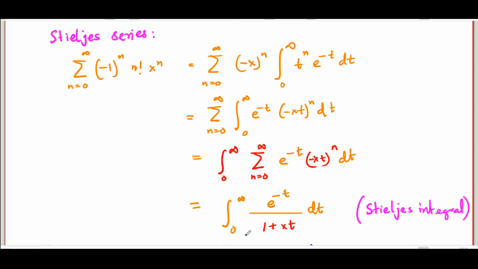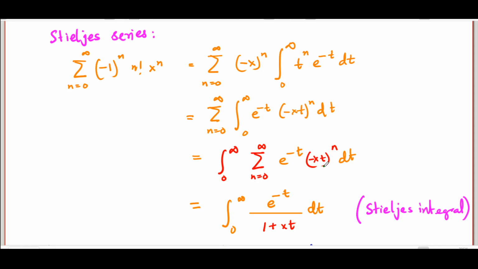Note that the 1 plus xt has also been written in red here. This is to signify that there is something illegitimate, at least at this stage, about the summation of minus xt to the n, which gave you this. And it's pretty easy to see why this is really not a perfectly legitimate thing to do. This infinite GP series does sum up to 1 by 1 plus xt, provided xt has a magnitude smaller than